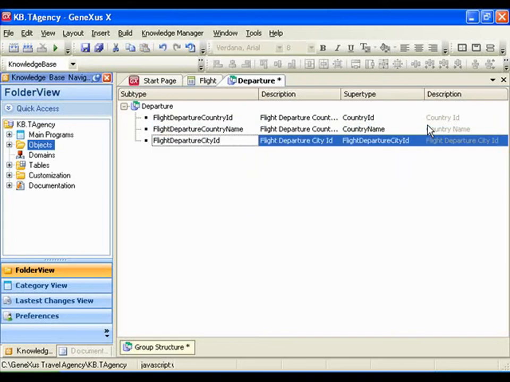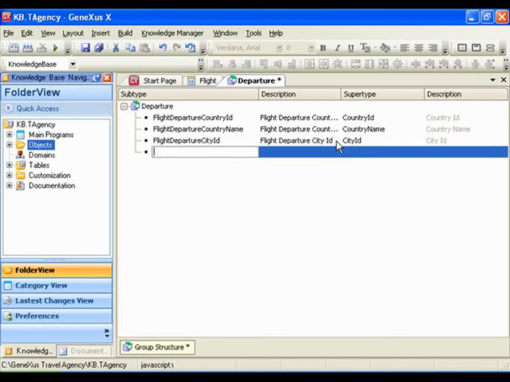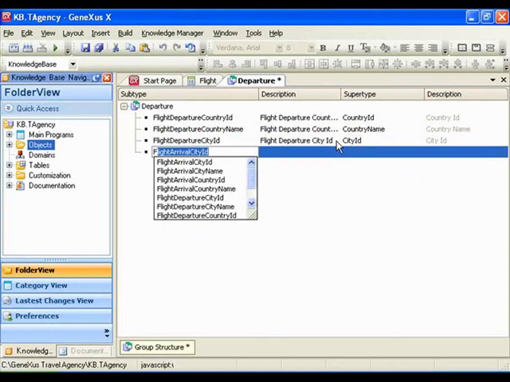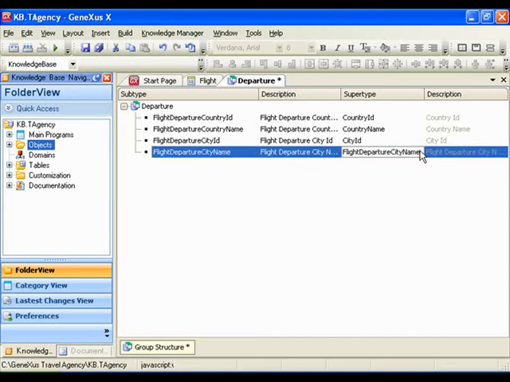Flight Departure City ID will be a subtype of City ID, and Flight Departure City Name will be a subtype of City Name. We save the changes,